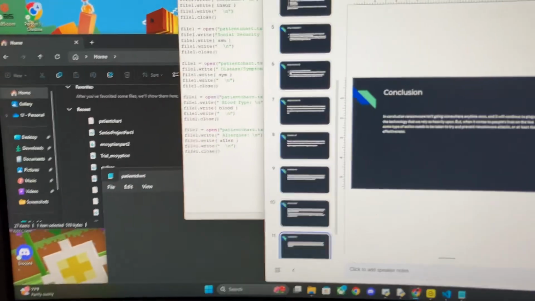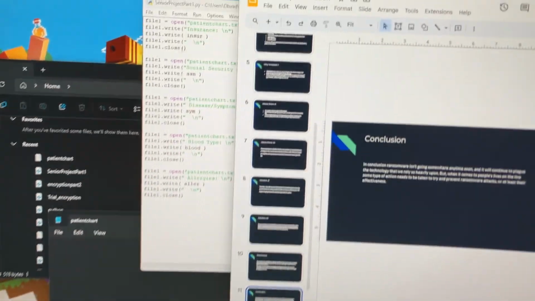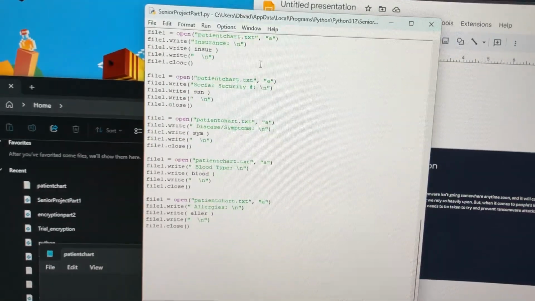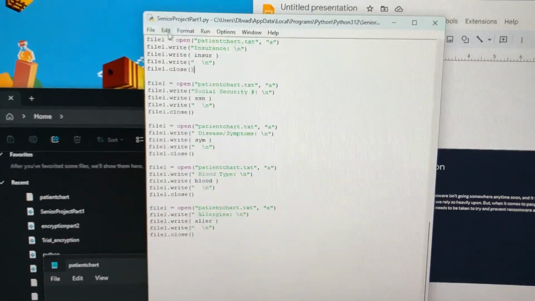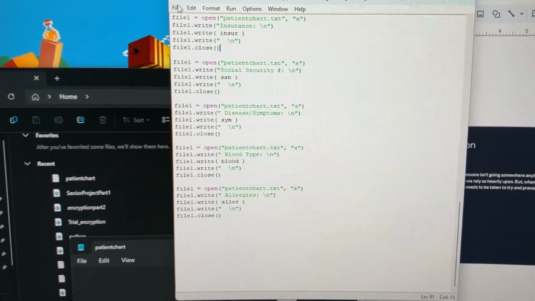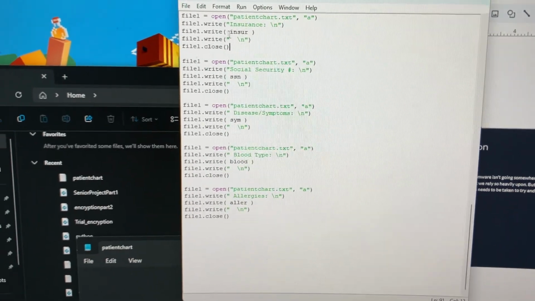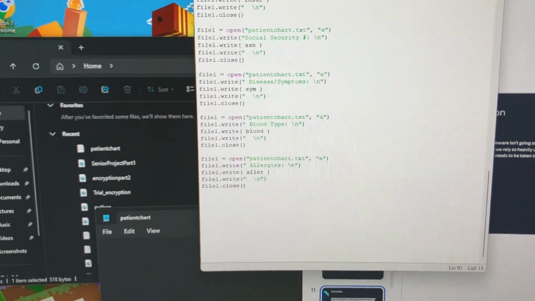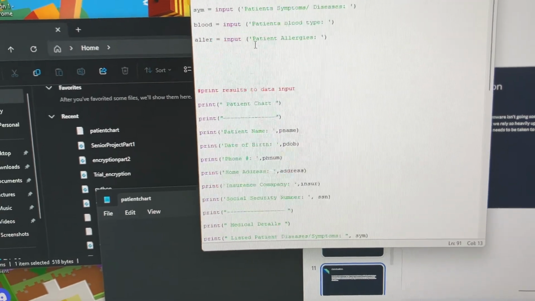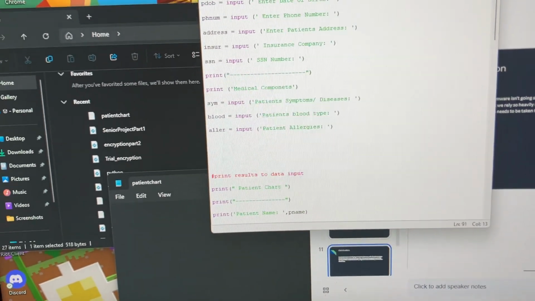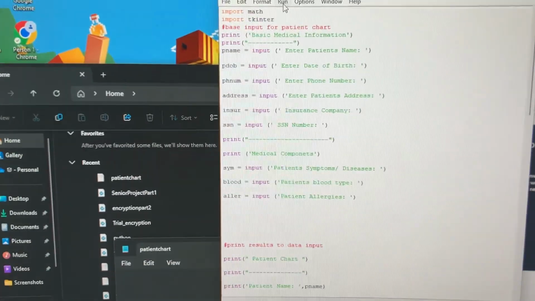Now jumping over to my code, it's pretty basic in terms of what it does to operate. I'll link all this stuff within the project. As you see here, this is the base code for creating a patient database. So when I run the file, as you can see,